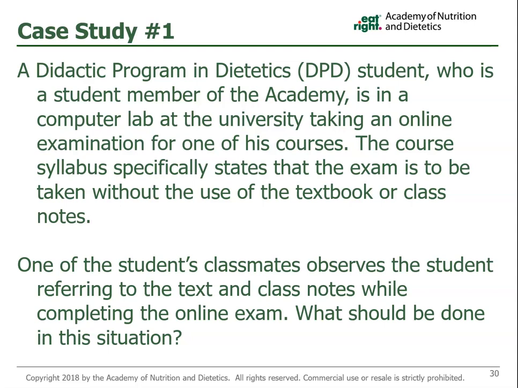The student's letters of recommendation could disclose this infraction, and the action could jeopardize his or her ability to obtain a supervised practice experience in the future. A student who is dishonest and cheats his or her way through the DPD or DI programs may not pass the RDN exam or could become an incompetent nutrition and dietetics practitioner, possibly causing potential harm to the public and to clients.